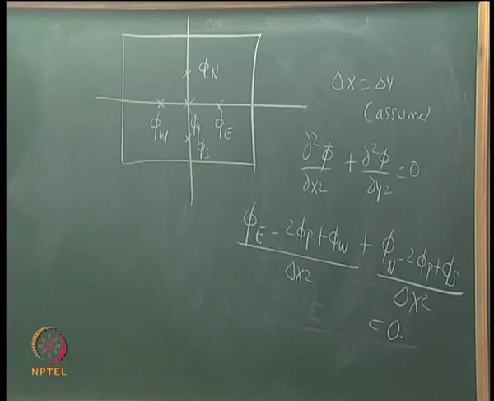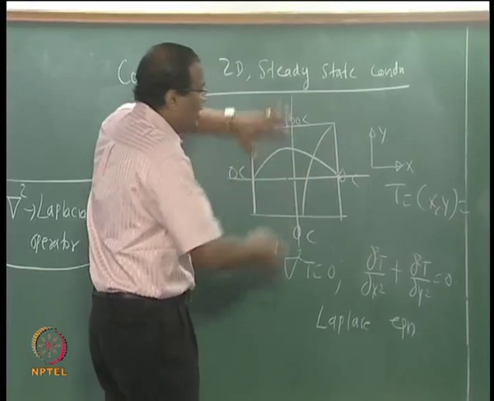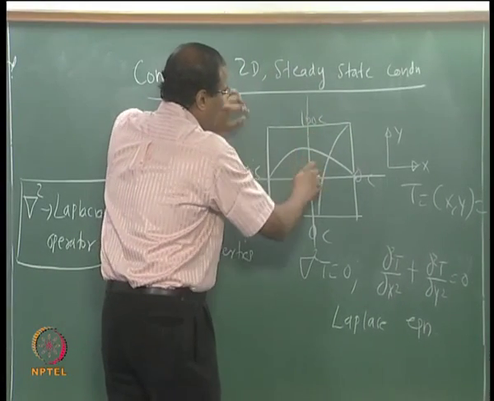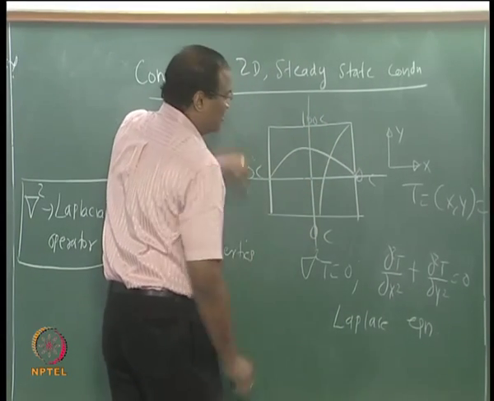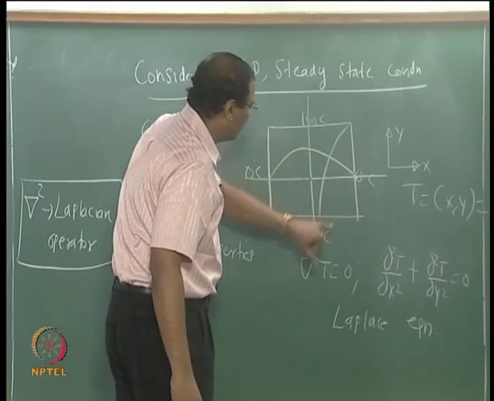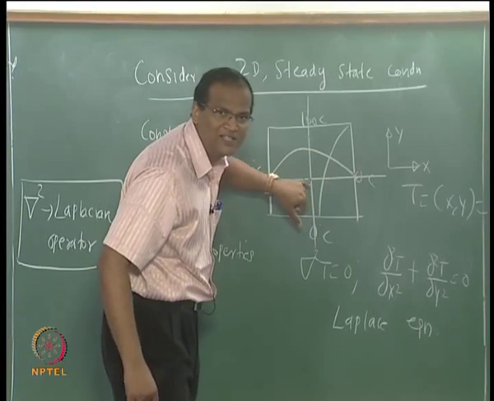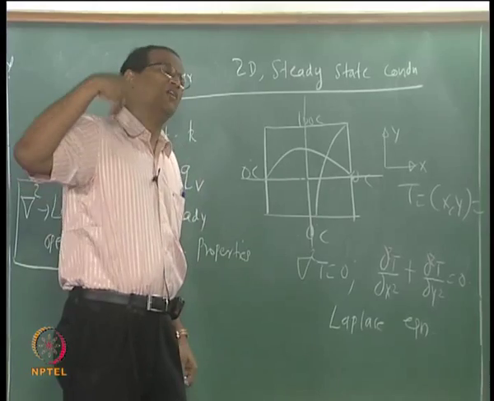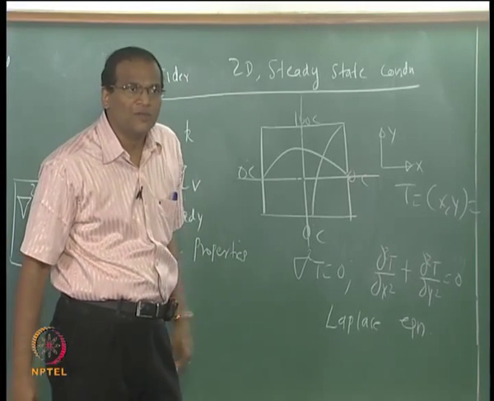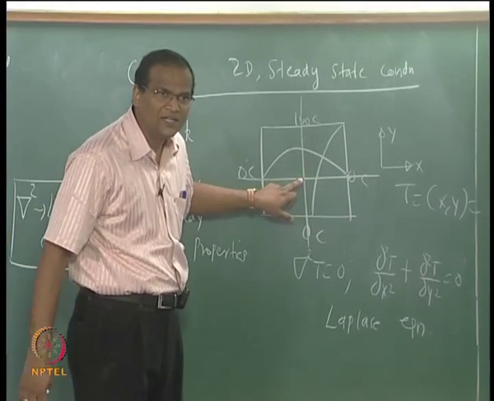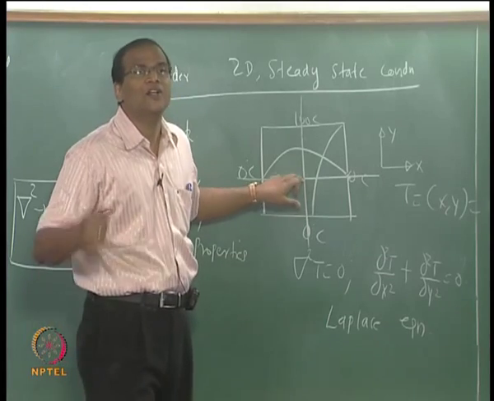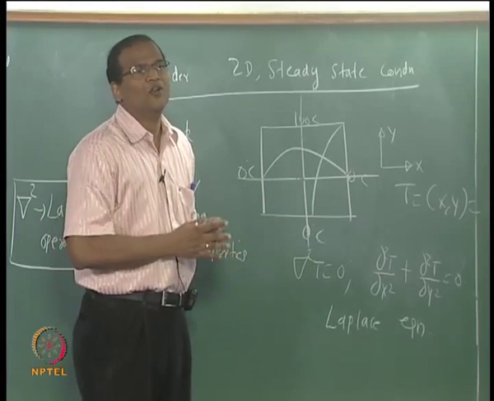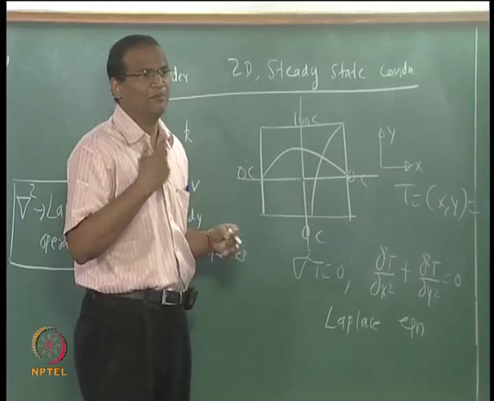So for the problem under question, if this is the problem I had given you, 100, 0, 0, 0, if this is considered to be delta x for example, then this temperature will be 100 plus 0 plus 0 plus 0 by 4, it will be 25 degrees centigrade. Whatever sophisticated mathematical technique you use, the center temperature must be equal to 25 degrees centigrade. So this is the first exercise I give to students doing a project with me, either BTech, MTech, MS